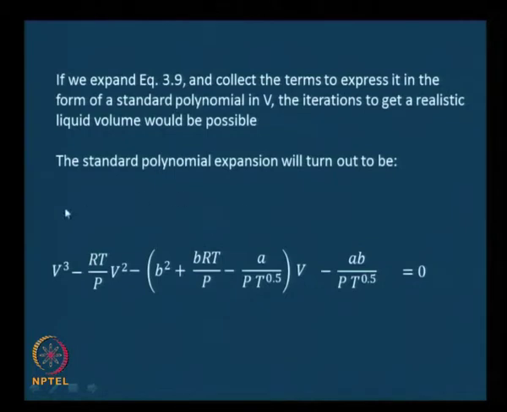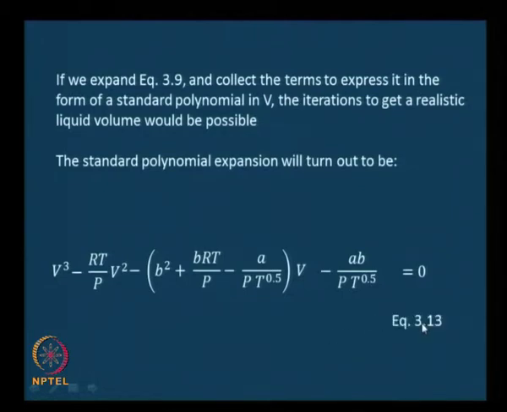So, this does not pose the problem of any term vanishing completely and thereby not contributing to a meaningful solution of the volume. So, this form can be used to iterate for